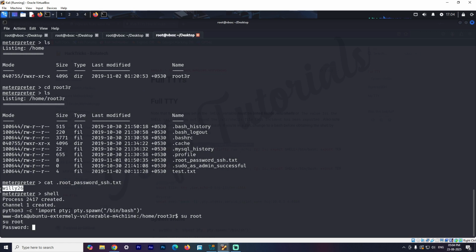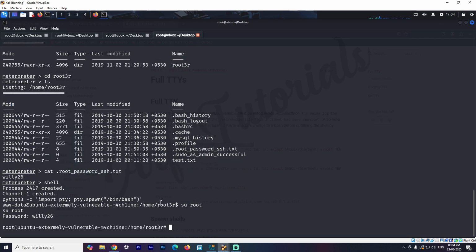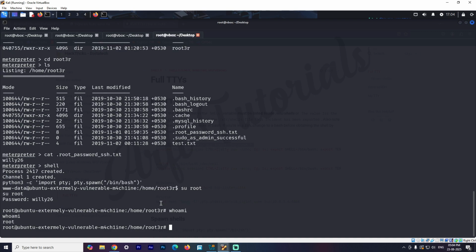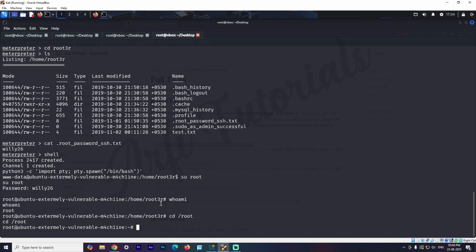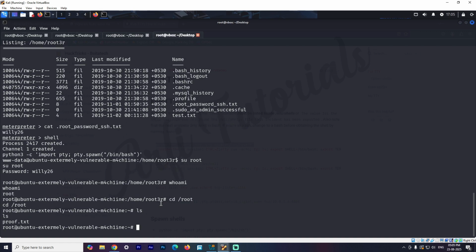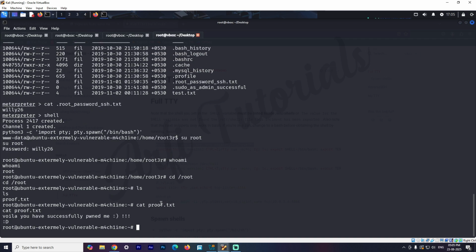The password we know as Willy26. Let's copy and paste. whoami. Now you can see we are the root user, and here is the root flag, which completes the challenge.